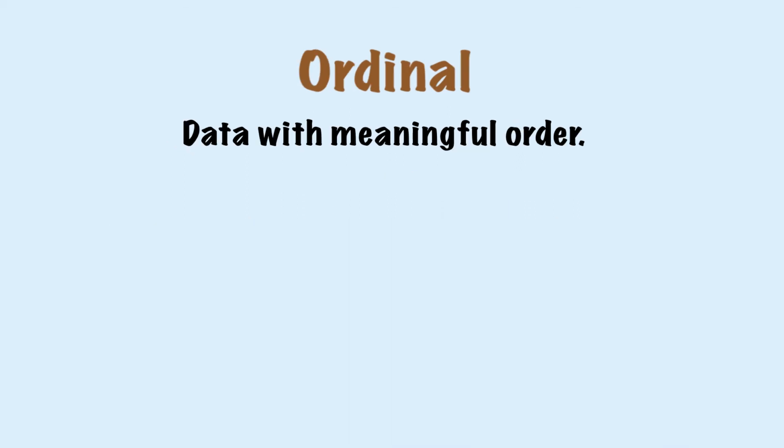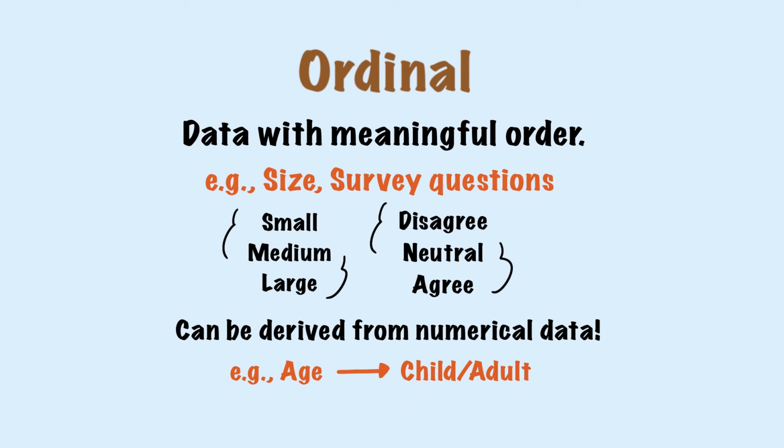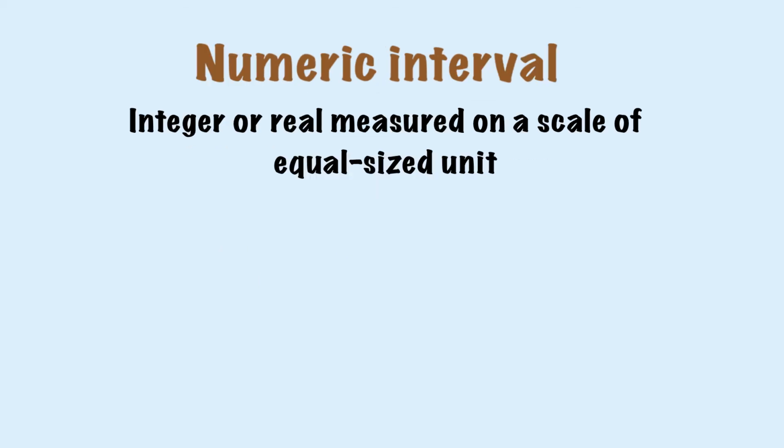Third, ordinal data is data with meaningful order. For example, size and survey questions have ordering. In fact, ordinal data can be derived from numeric data. If we have age data, we can divide our participants into two groups, children and adults. Next, numeric interval data are integers or reals